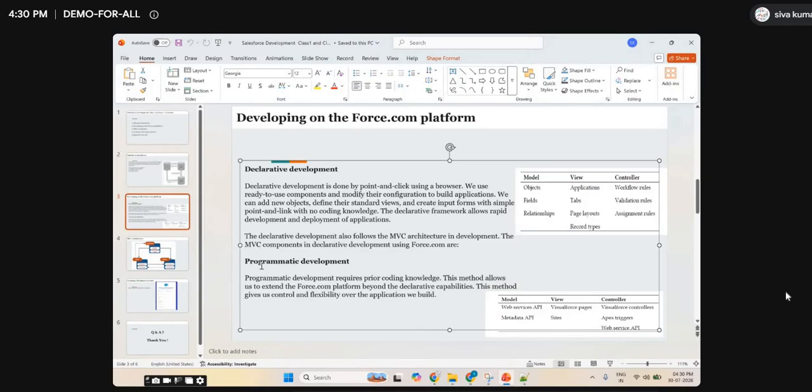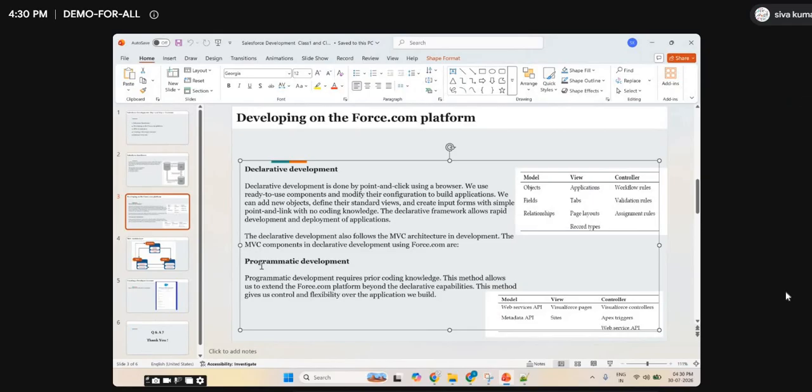On Facebook, you create Facebook pages, change your profile pic, and write a post. There are different things we do, but for that you don't do any coding. Whether it is an Insta post, a Facebook post, writing an email in Gmail, or something in Google Drive, whatever applications you use in the cloud, you are not writing a single line of code. You are just configuring the application based on your requirement.